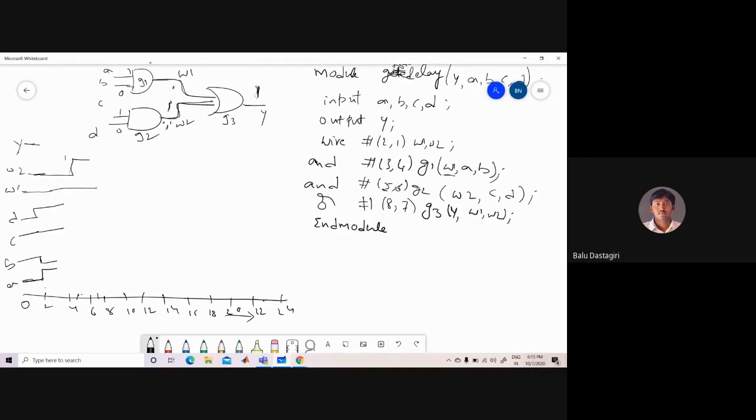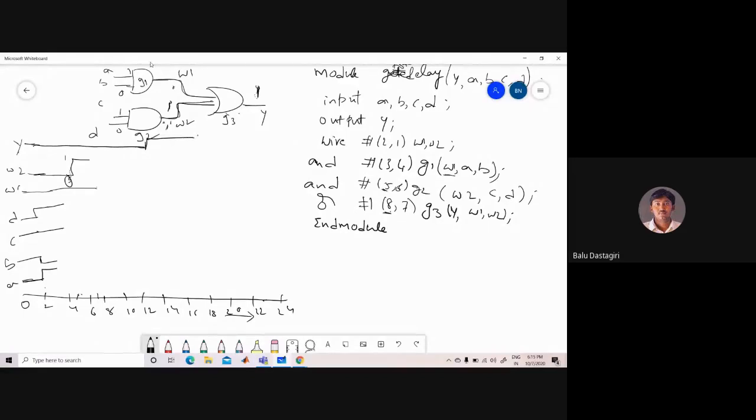Now for the OR gate, whenever the output goes from 0 to 1, the OR gate has a delay of 8 time units. Therefore, 5 plus 8, that is after 13 units of time, the output goes to 1.